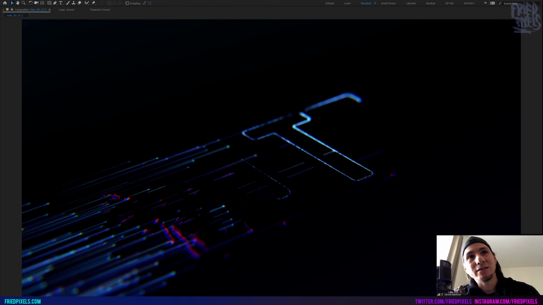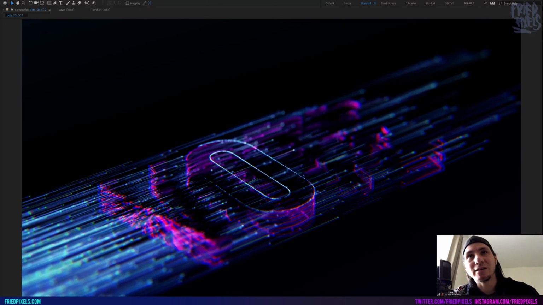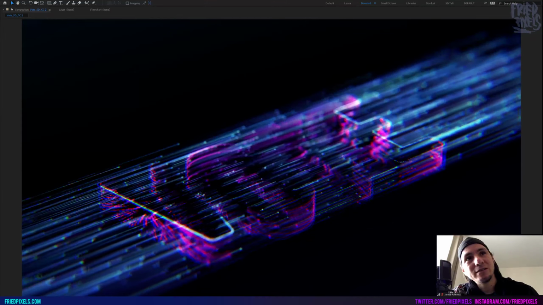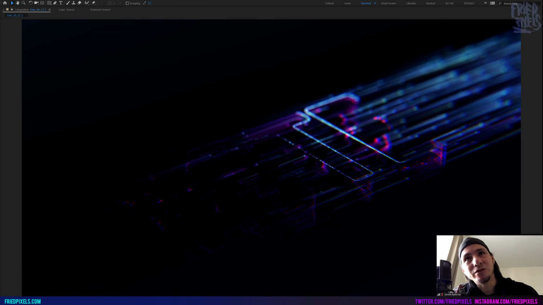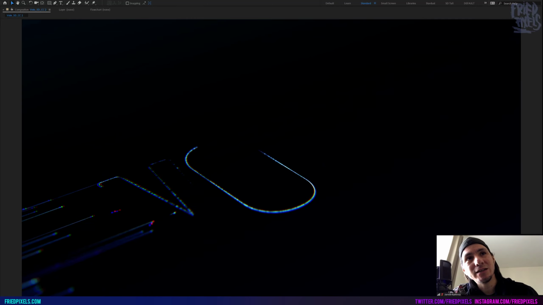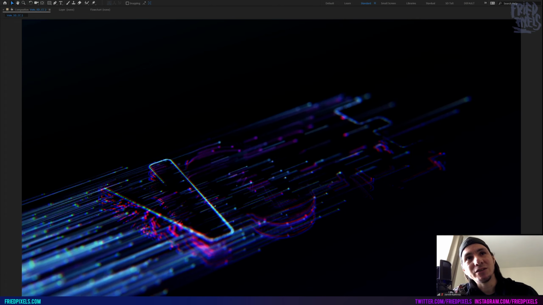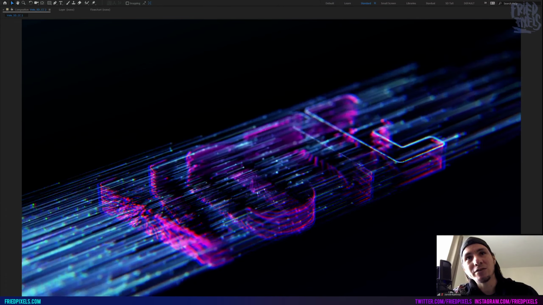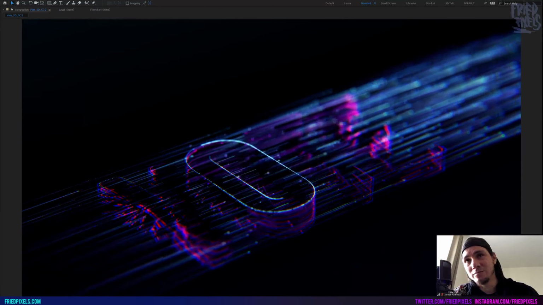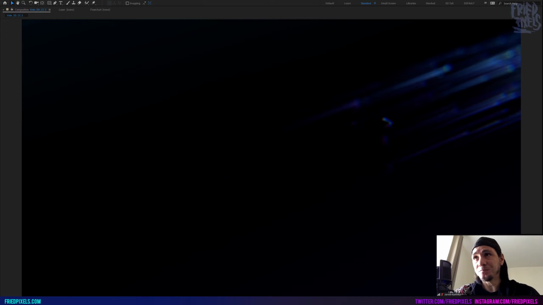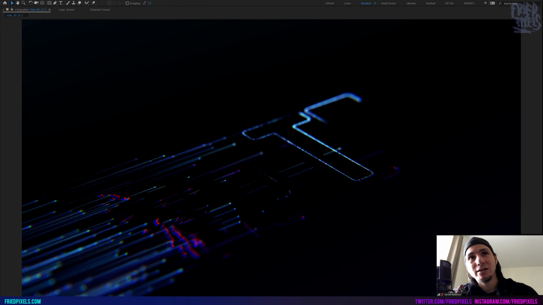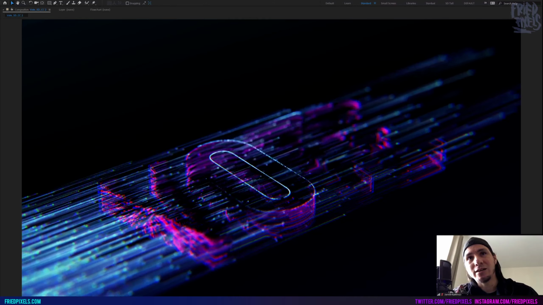The particles coming in, it's hard to tell, but what's happening is that these particles are coming in and there's an invisible 3D text layer, and they are colliding with that text, changing color and position to go around it, and then they move on, and then they might hit the next one. So it's basically particles streaming through and colliding with that object.